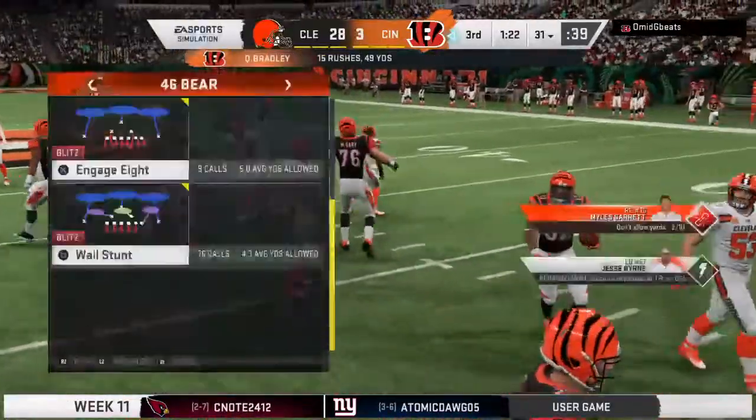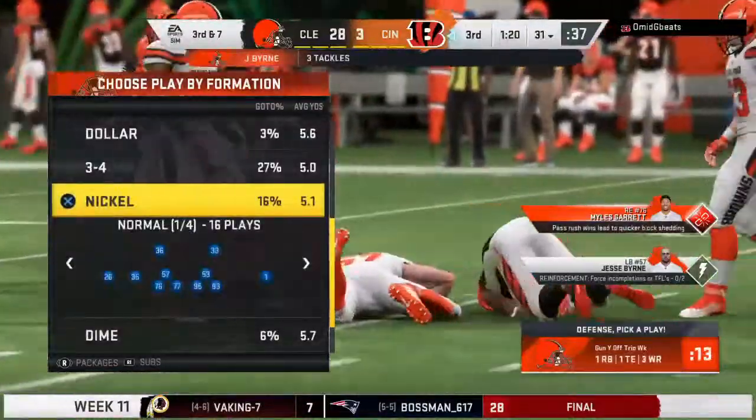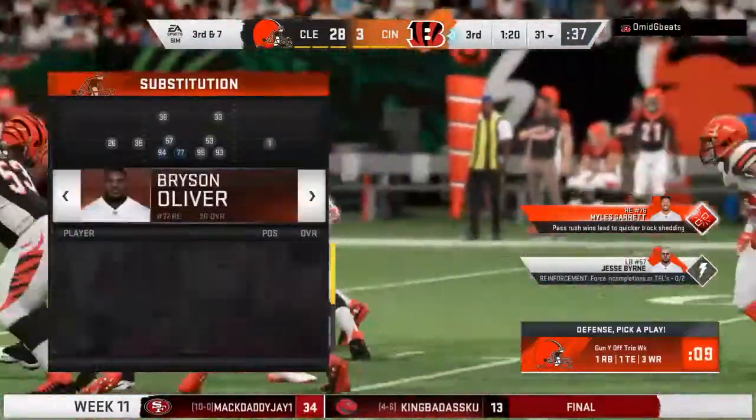Looking for a seam, but finding none. He'll get back to the line of scrimmage, and that's it. 2 runs in a row, but only 2 yards to show for it. Brings up 3rd down and